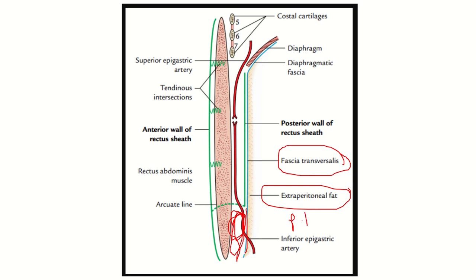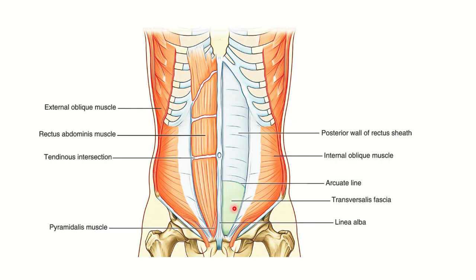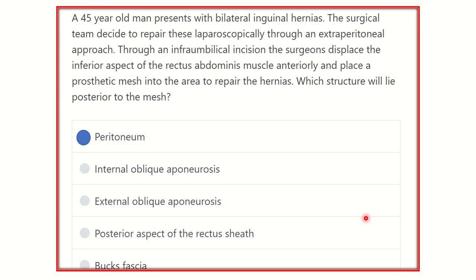So we have to find out three structures: fascia transversalis, extraperitoneal fat, and parietal peritoneum, because the mesh is located behind the rectus abdominis muscle. So here we can see this is the transversalis fascia, infraumbilical line. So our answer will be transversalis fascia, or extraperitoneal tissue, or parietal peritoneum. Here we can see only parietal peritoneum is present in the options, so our answer will be parietal peritoneum, because behind the posterior aspect